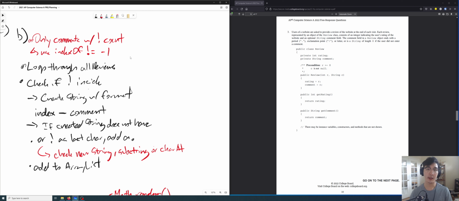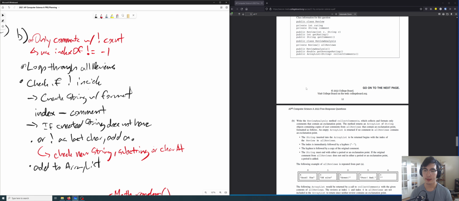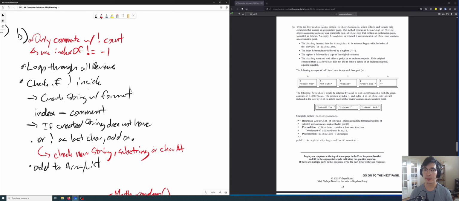You can also use .contains, but contains is not really on the AP subset, though it returns a boolean. Either one is fine. Okay, and then we obtain copies. An empty ArrayList is returned if no comment has an exclamation point. And it tells me all this specific criteria.